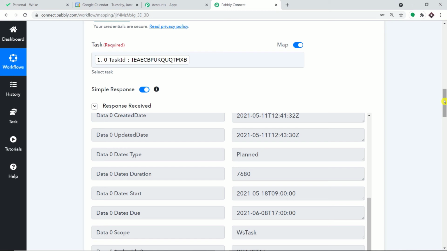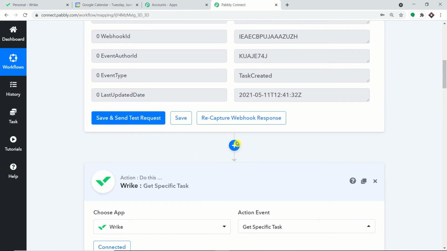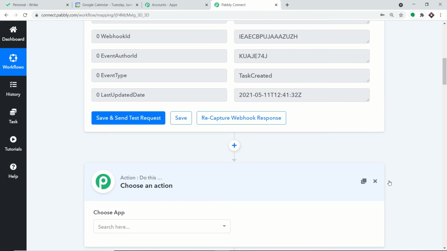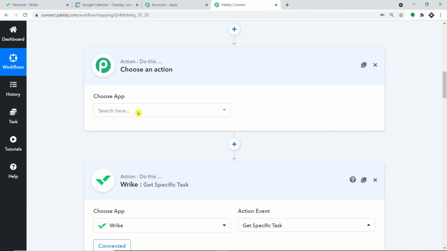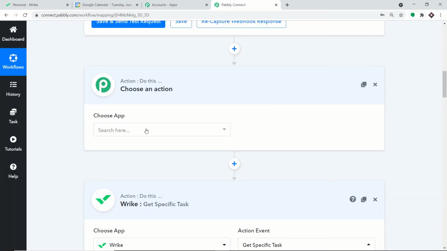So the idea is that the whole package, the title, the description, the assignee, the start date, and the due date, will go in one single package. All the data will flow in one single package. Earlier it was something like this: you enter the title, the data used to flow to Pabbly Connect, and Pabbly Connect captures it. Then you enter the description, then the assignee, and then you set the due date as well as the start date. That's the reason we are adding a window called the delay module in between this trigger window and this action window. So in the choose app, let me add the delay module. And I'm going to keep the delay for, let's say, 2 minutes.